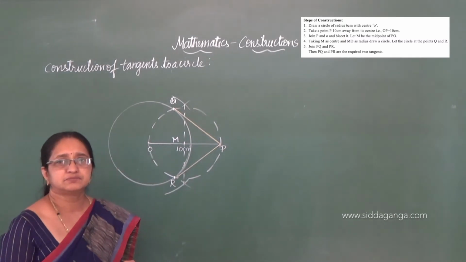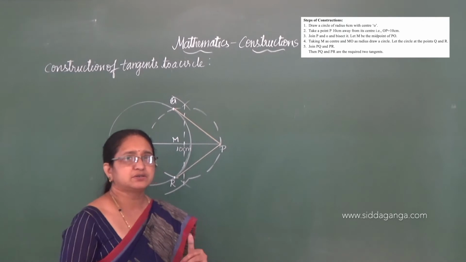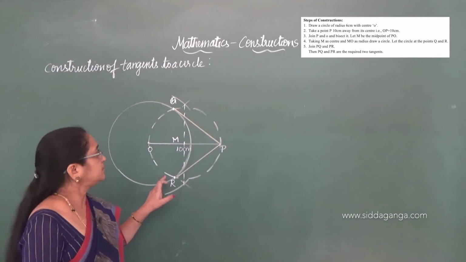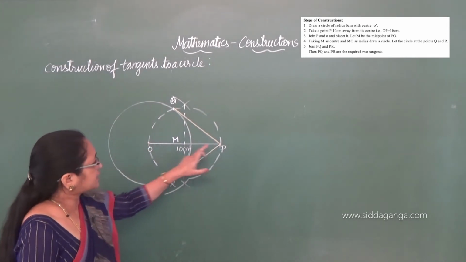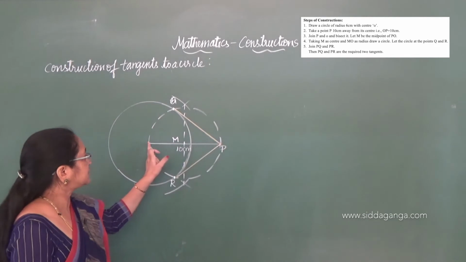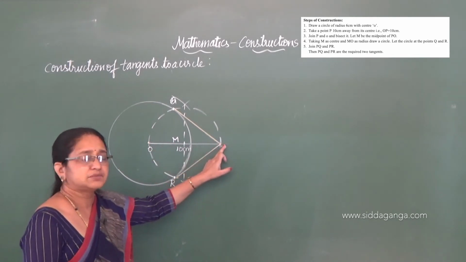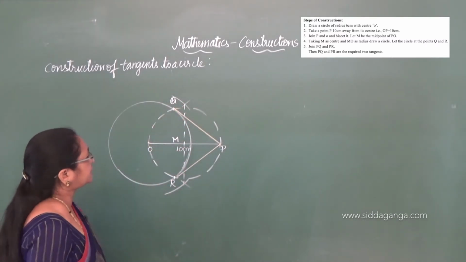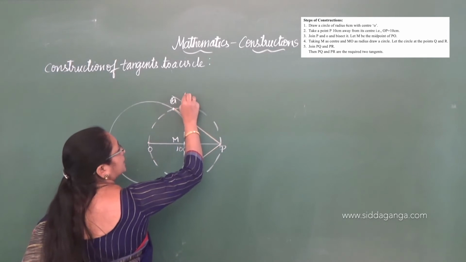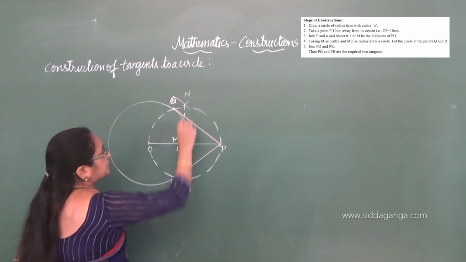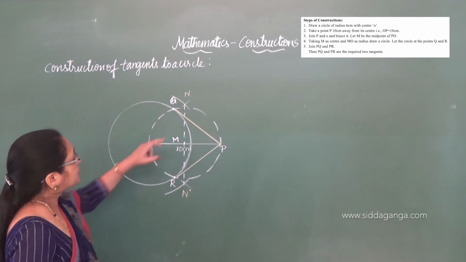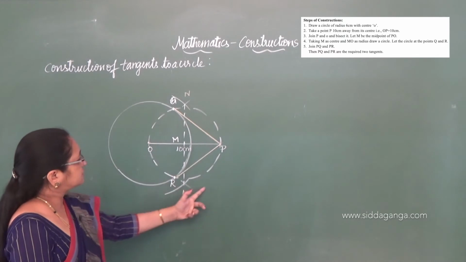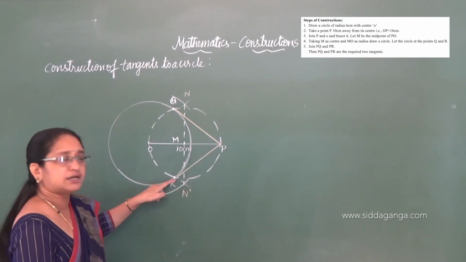Okay, is it clear? So once again, I will just explain. You have to draw the circle of radius 6 centimeter, and you have to take another point P which is 10 centimeter away from the center, and draw a perpendicular bisector here. See, can you see the perpendicular? You can name here, so MN is the perpendicular bisector. Then, taking MP as a radius, draw another circle which cuts the given circle at Q and R.